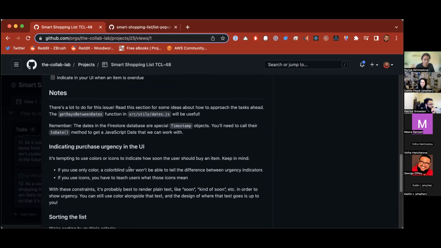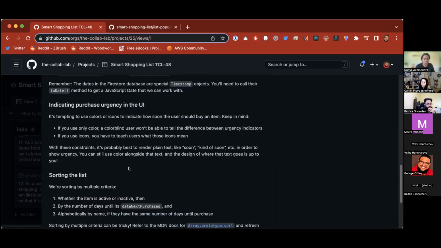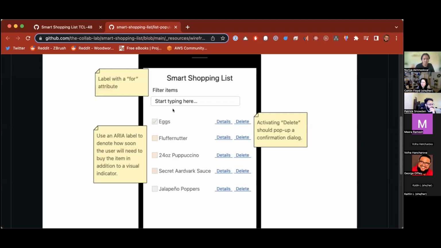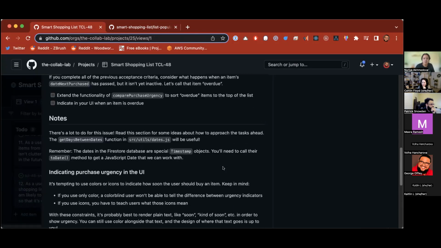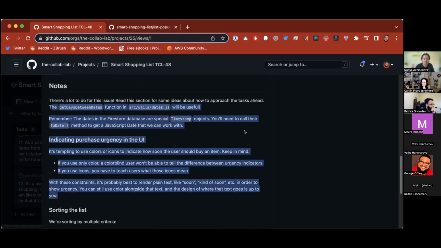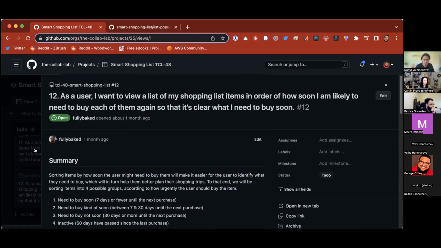Do they have a wireframe on here about what that should look like? Not seeing it. Yeah, I don't think there's one for this. Unless that's what these colors here are supposed to indicate, maybe. I think so. But it says it's not to rely on color. I don't know. It's a little vague. Yeah. I think maybe that was updated since that wireframe was created, and there's not an updated wireframe. Yeah. So there's a bunch of notes in here too, to kind of go further into it.